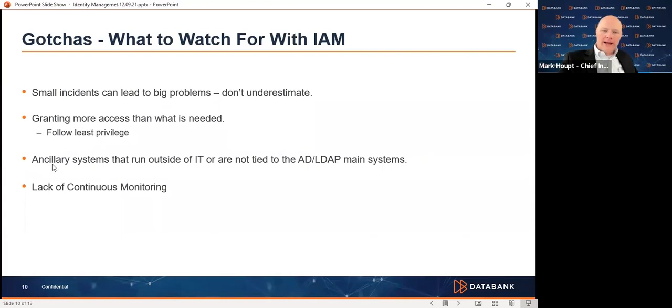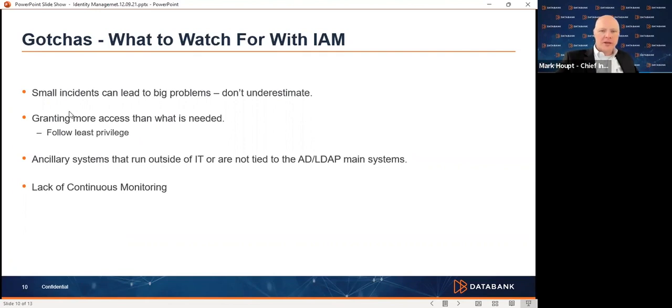And then the lack of continuous monitoring, because identity management is such a routine thing. A lot of companies, especially those that are not in the financial industry, really have a lack of this continuous monitoring. They have a lack of oversight of what's on their systems and running reports to identify when the last time somebody was logged in was, and has it been greater than 30 days or 90 days? And do we need to look at disabling the account? And oh, wait a minute, I've got a list of terminated employees, and this particular employee still has access to the systems. Why is that? And trying to link those two together.